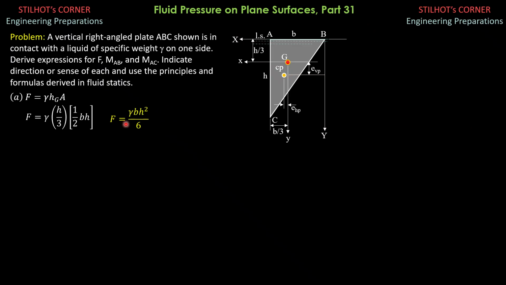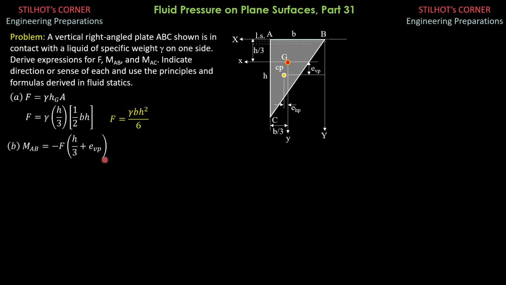Then for the second solution, moment about AB, because the force is acting at CP perpendicular to this plane here, and it is pointing backwards. So if you do that, when you curl your four fingers, your right thumb would be pointing in that direction. So moment about AB would be positive because this is supposedly the positive direction for moment about AB. So moment AB is equal to the negative of F times moment arm, which would be H over 3 plus E sub VP.